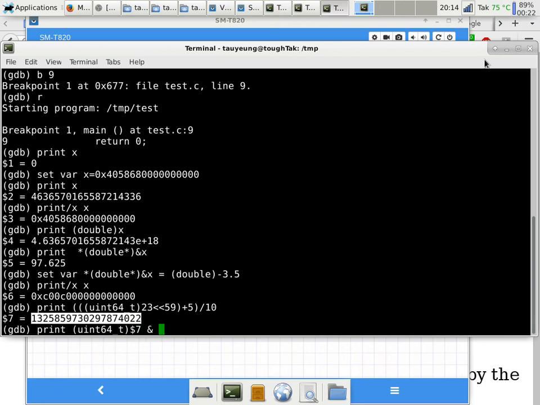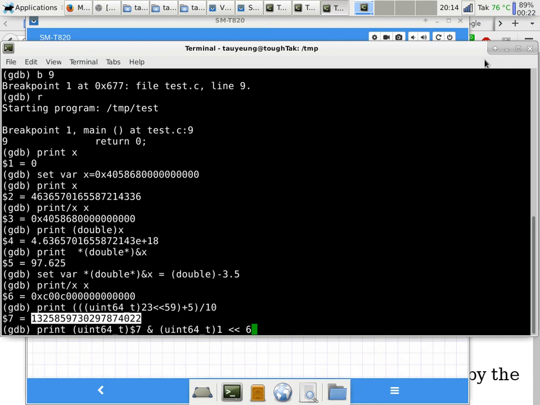So now I can bitwise AND with uint64_t 1. Really, do we need to cast 1? And the answer is yes. I'll show you what happens when you do not cast it. Then we shift it how many times? We're trying to look for the most significant bit, which means we have to shift it how many times? Every time you shift, when you shift once, you introduce a 0 to the right-hand side. So how many times do I need to shift?